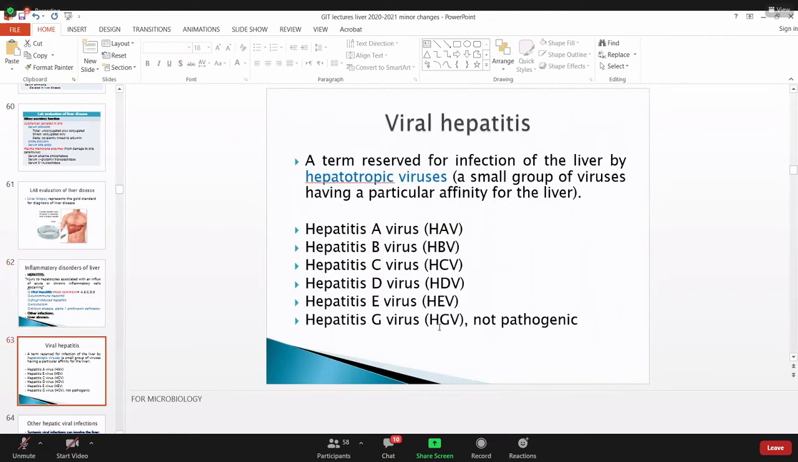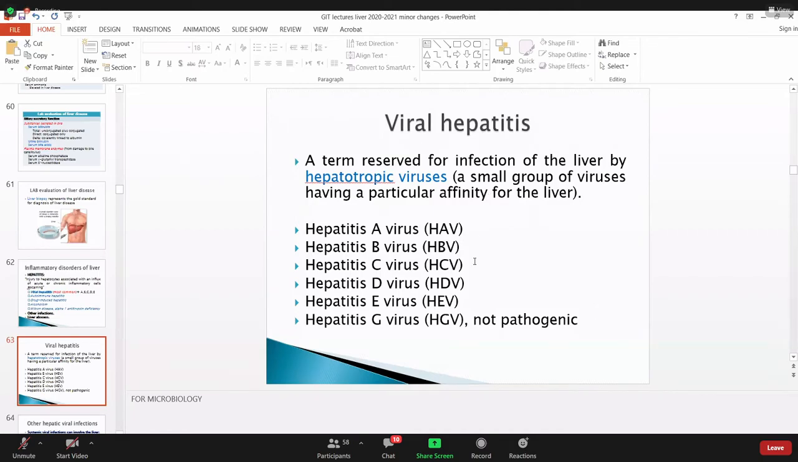Let's start with viral hepatitis. Viral hepatitis is caused by a group of viruses of different families and different types that have in common that they target the liver. We call them hepatotropic viruses because they target the hepatocytes. Otherwise, they do not share a lot with each other. Some are RNA viruses, some are DNA viruses. They have different families. But the common thing between these viruses is that they target the liver, the hepatocytes, hepatotropic